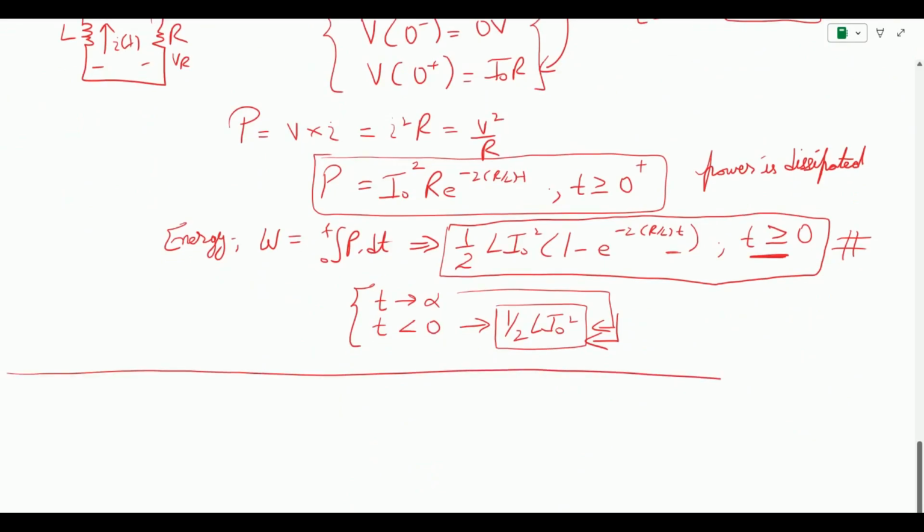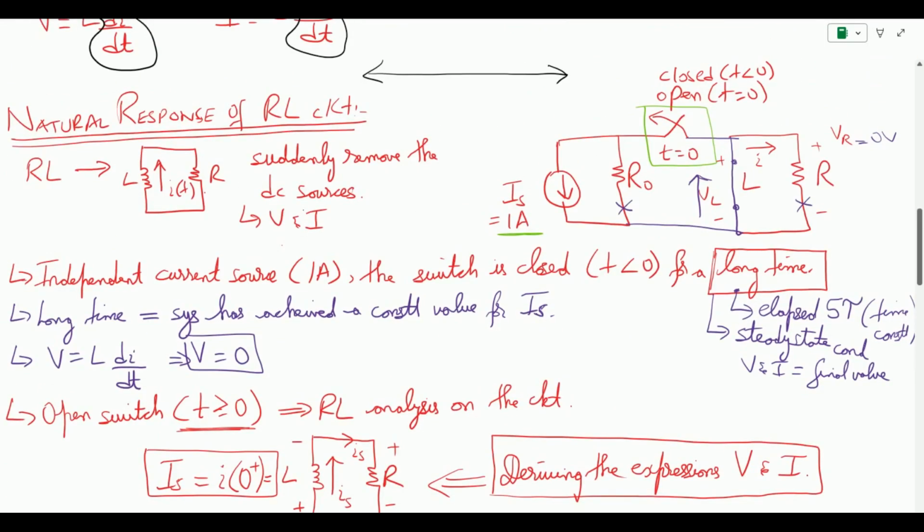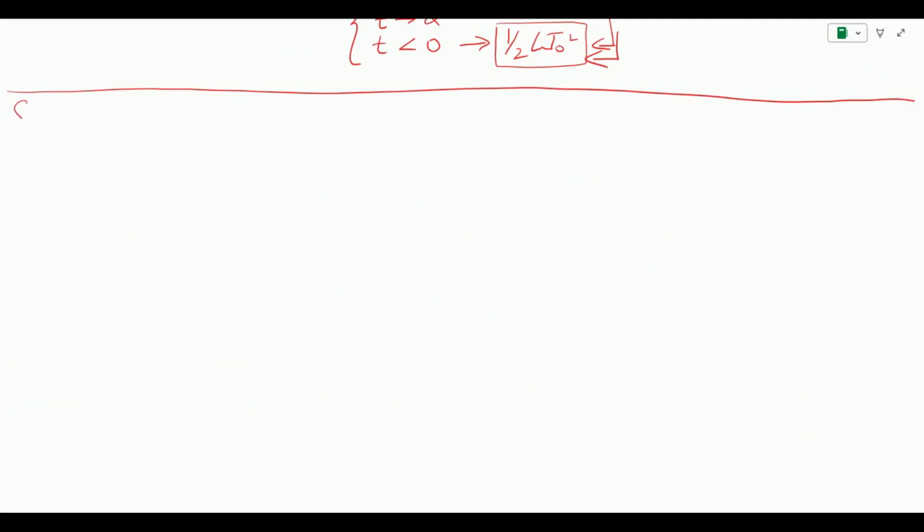So now let us come to the thing that we talked about earlier and we want to discuss, and that is, what is this term long time? So we talked about the long time in terms of the steady state condition, and we know that steady state condition is a technical term to understand that whenever voltages and currents have reached their maximum value or a constant has been achieved, we say that this is the long time of the system. Let us now talk about long time in terms of the 5 time constant or 5 tau and see what this time constant is. So now let us understand the significance